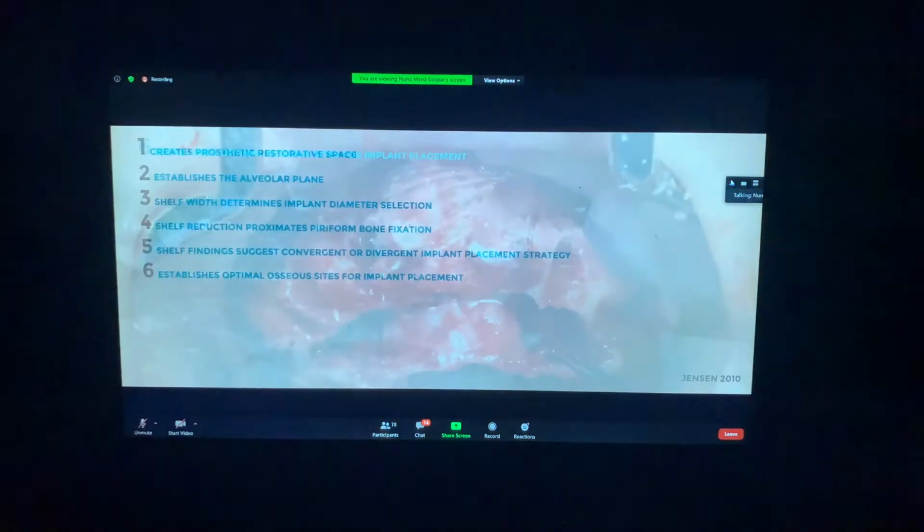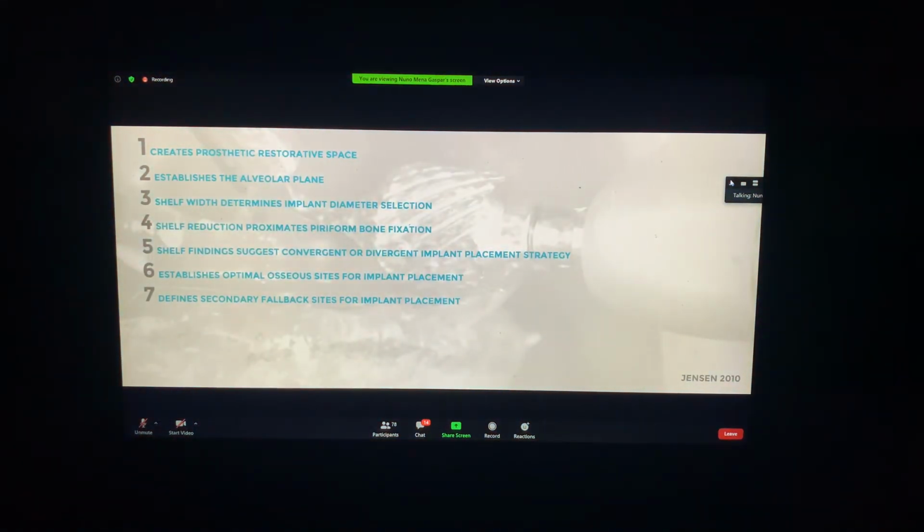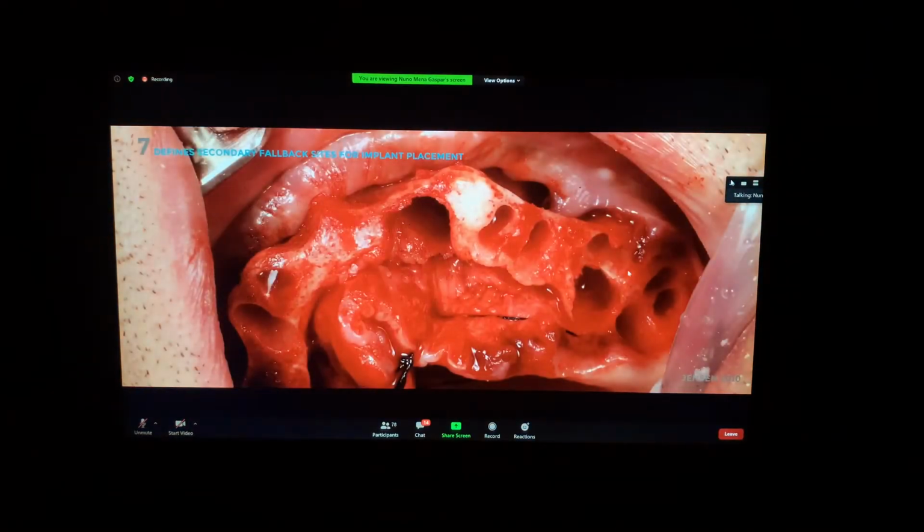Right? Also, sometimes when we have troubles like in this case, I had a canine here and I had 2 extraction sites here. So in this case, if I can't place an implant here or here, after bone reduction, I can understand where I can have a fallback site to place our implant. Nếu có những ca như thế này thì tôi sẽ biết được là